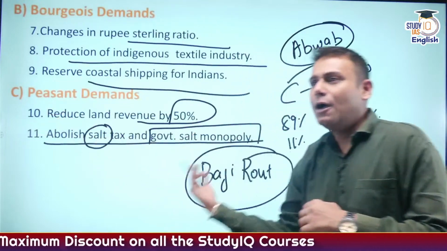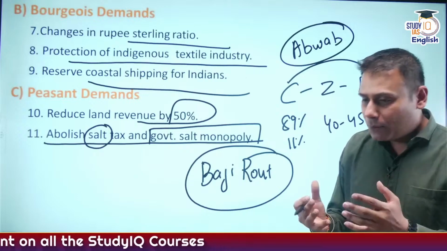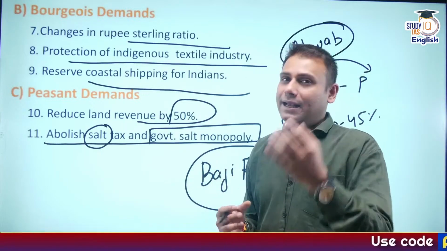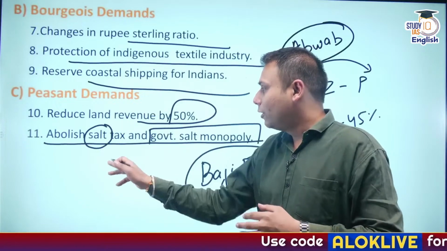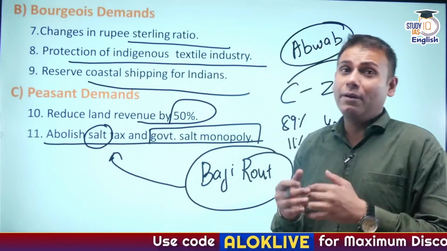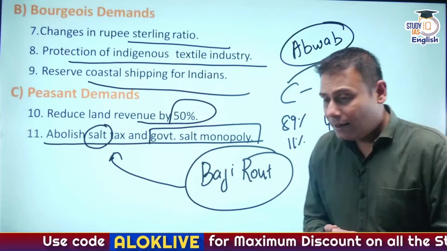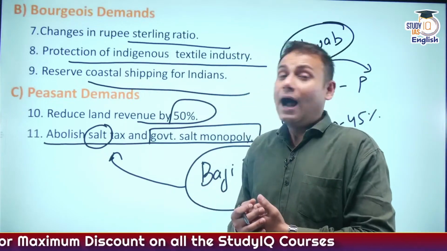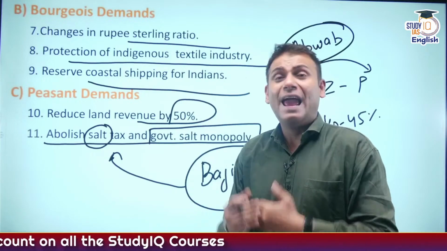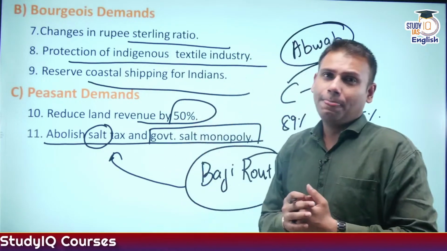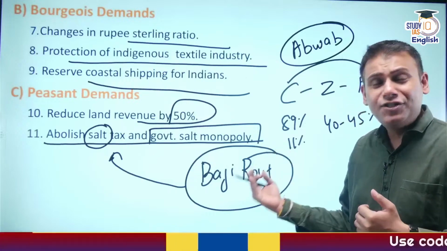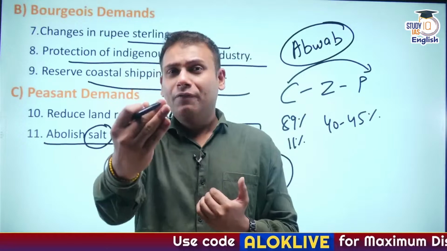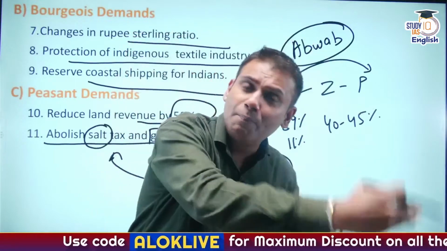So there was a young boy, Baji Raut. Once upon a time, he was sitting for having his food. And he was eating rice. He asked his mother for salt. And his mother denied giving him salt, said that salt is the privilege of the upper class. I cannot afford to buy salt because there's heavy taxation on salt. A very young boy, Baji Raut, just 11 to 12 years old, knew the exploitative character of Pratap Dev Singh and Britishers.